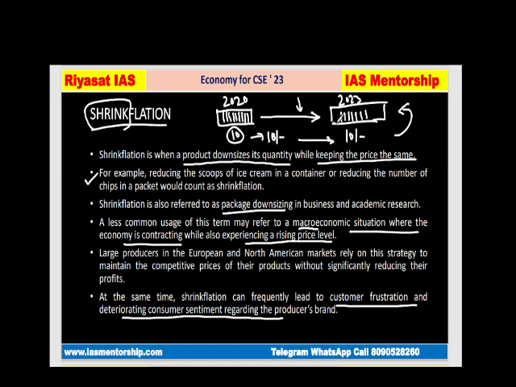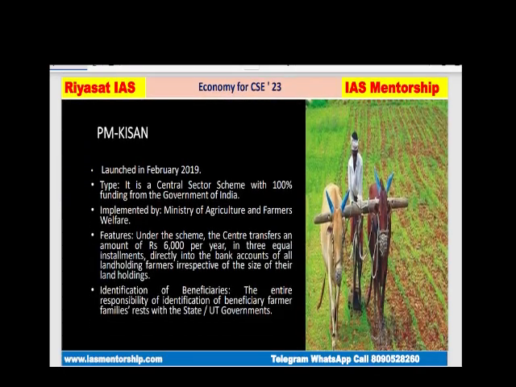Obviously, at one point of time you have bought this biscuit for 10 and then you find out, अरे यहाँ पे तो 7 ही बिस्किट है यार, बाकी 3 कहाँ गए? So this will eventually create customer frustration. Clear? And eventually जो product का brand है उससे भी faith lose होने लगेगा. So this is everything about shrinkflation. Nothing but just reducing the quantity of a product, उसका प्राइस सेम रखते हुए. क्लियर? फाइन. मूविंग अहेड, नेक्स्ट टॉपिक इज पीएम किसान, प्रधानमंत्री किसान सम्मान योजना.